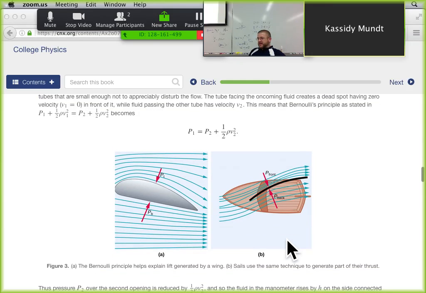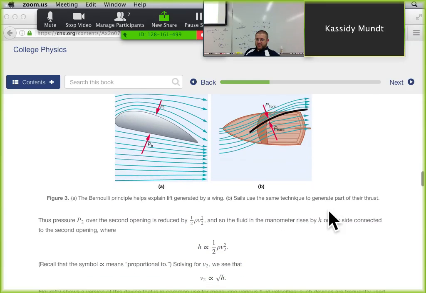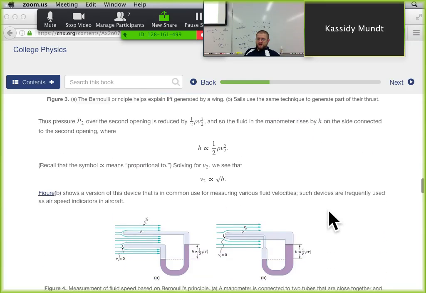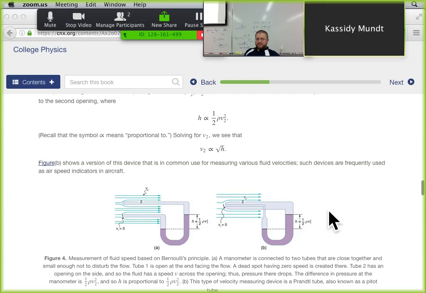In fact, many racing sailboats and high performance boats, they actually make many sailboats now that actually have an airfoil or a wing instead of a sail. With the proper materials, you can make a wing boat that is very efficient.